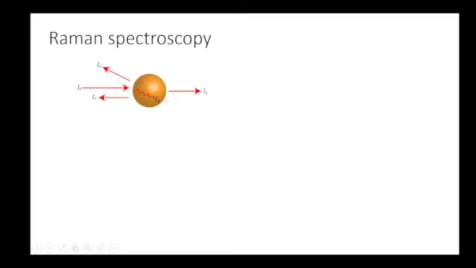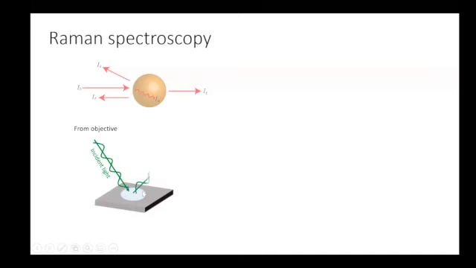When light interacts with matter, for instance with a particle, light can be absorbed, transmitted, or scattered. The scattered light is the process that I was focusing on. When we have a laser that interacts with the sample, we will have light that is scattered with the same energy, which we call Rayleigh scattering or elastic scattering. But we will also have light of lower energy, which we call Stokes-Raman scattering. These are the two types of signal that I will be detecting, and they will come back in the next slides.